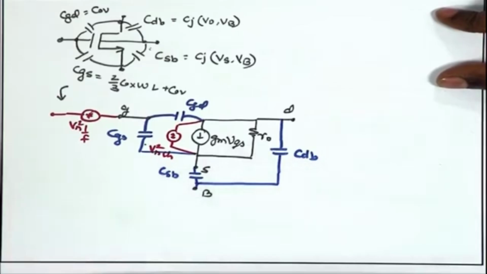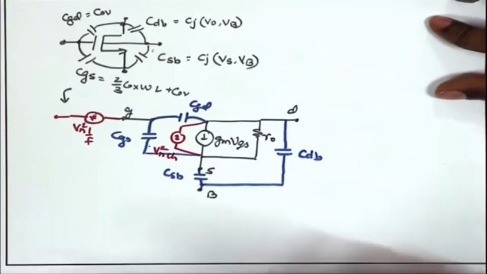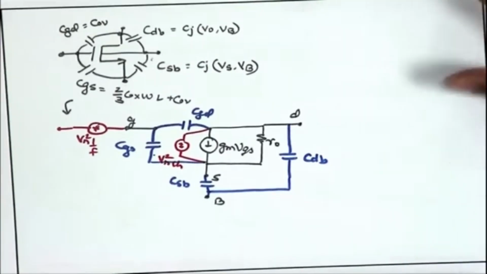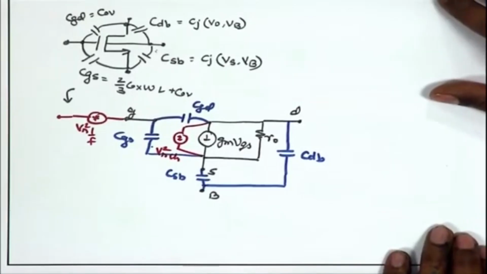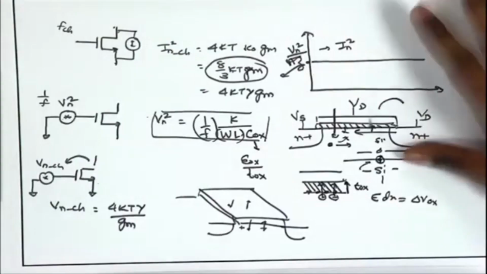Now we are ready for analyzing circuits using the model that we have developed. So let us start with our discussion on a simple circuit, maybe a common source amplifier with a resistive load, and try to carry out these basic operations. Remember, to start with, we discussed 4 basic operations. First is the DC analysis,